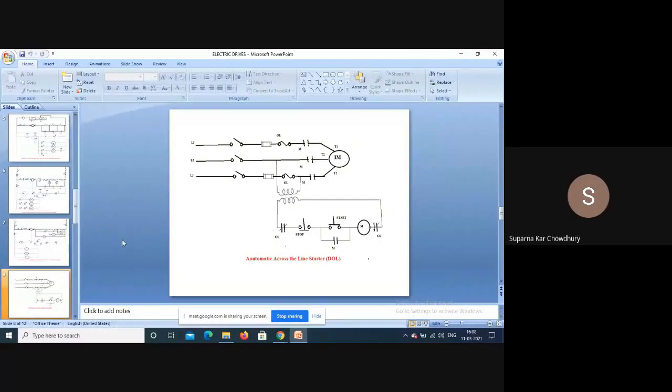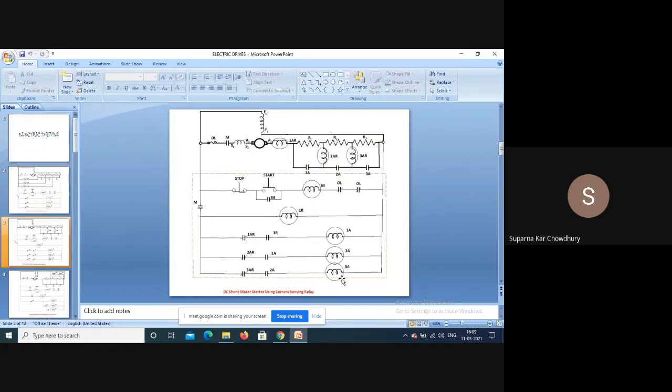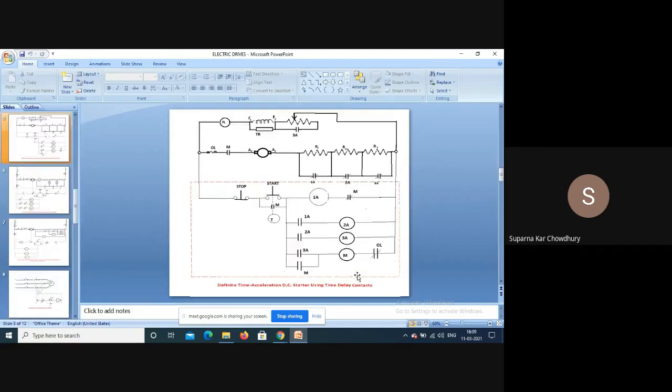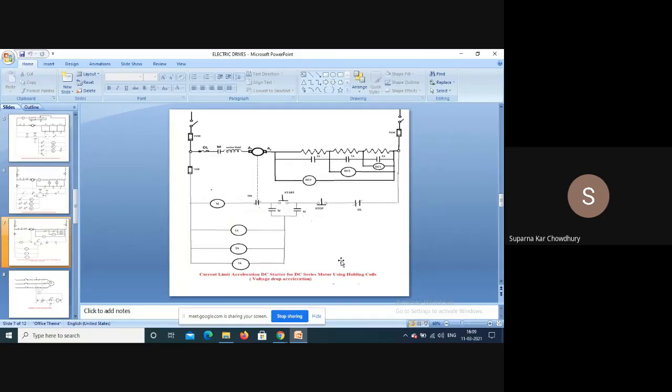So we were doing the motor control circuits. We have discussed motor control circuits for the DC machine. We have discussed this circuit, that is the shunt motor starter with voltage sensing element. The same circuit made with current sensing relays, and we made it with off delay timer or time delay contacts. The same shunt motor starter circuit. We have also done the series motor starter circuit with the current sensing relay and with